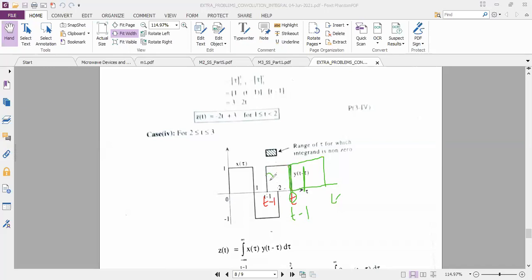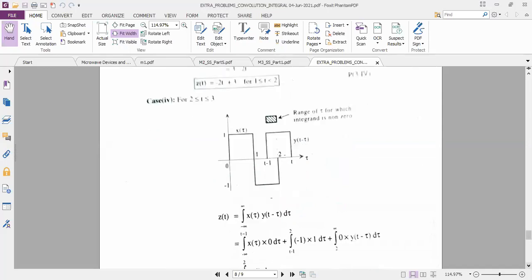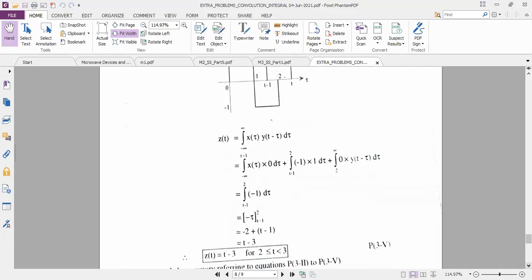See, this I will just erase it. This is not there now because we have done the shifting operation. And you see here is now x of t, and this green color which I am showing you now is my y of t minus tau. I do not have any common portion. So can I say that when t is greater than 3, my output is 0? So if your inputs are finite, the analysis is like this.